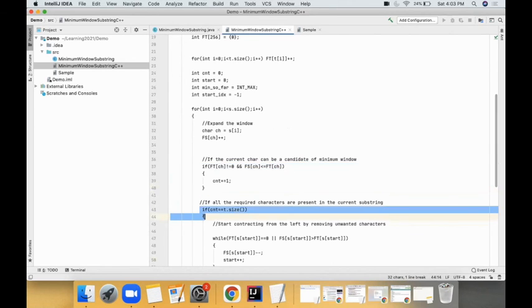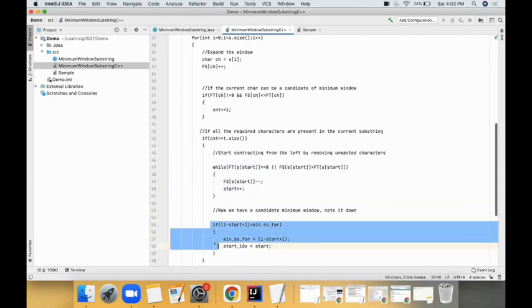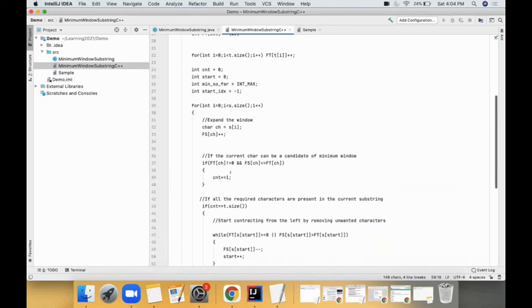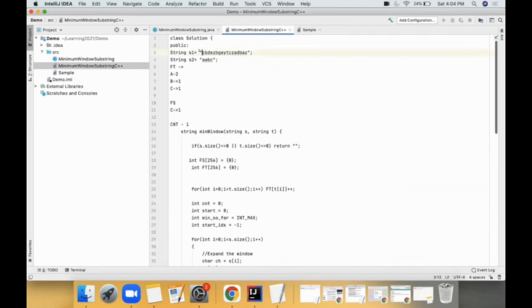Now, anytime I found a size equal to whatever the size is expected, then I will check from the starting, can I shrink my string or not? If yes, I will remove all the characters from the start, and then I will have a window which I cannot shorten further, and this is one of my answers. So I will start from my start, which is 0, and check whether this character is required in string 2 or not. If my start is say K, then this character I don't require because it's not present, so I can decrement my window by 1 length.